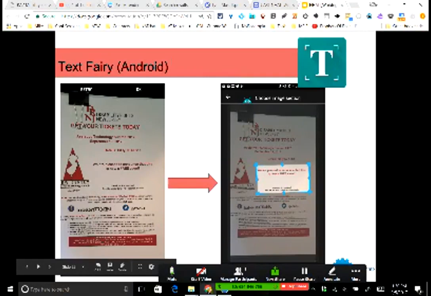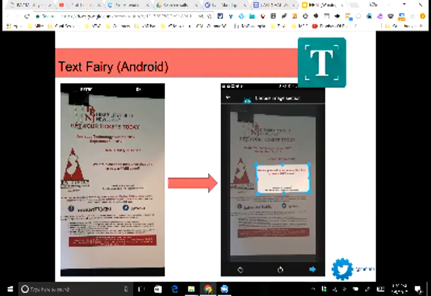Here's another one, another positive app, positive solution. This one's great because it's free. This is an Android app called Text Fairy. The idea with this is you take a picture of a document, you draw a box around the text you want it to read aloud,